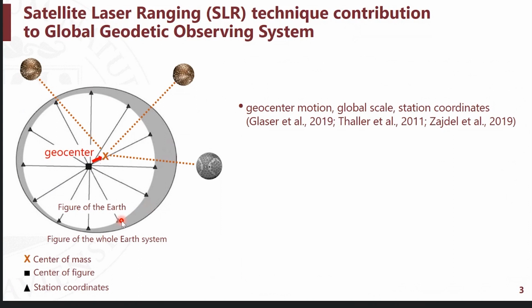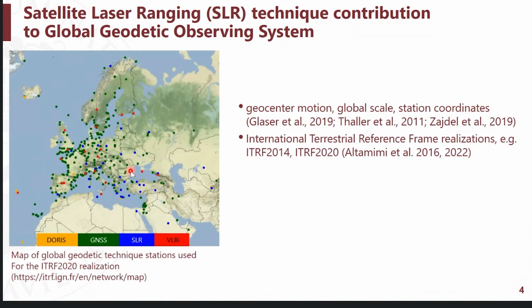And when you have stations located all over the world, the data which they provide from different techniques, we can use for calculation of the center of figure of our Earth, and the difference between those 2 points represents the geocenter motion. Moreover, spherical geodetic satellites contribute to the realization of the international terrestrial reference frames, such as ITRF